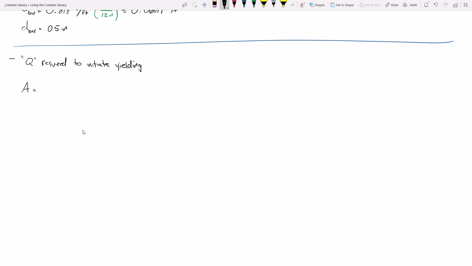So we need the area. How do I determine the area of a circle that's half-inch diameter? Pi over 4 times d squared. I think I can do that one, 0.196 inches squared. I get that right? And so what you said, which was 100% correct, is to multiply that times the yield stress. I'm going to call that Py. So Py is sigma y times the area, which is 20,000 psi